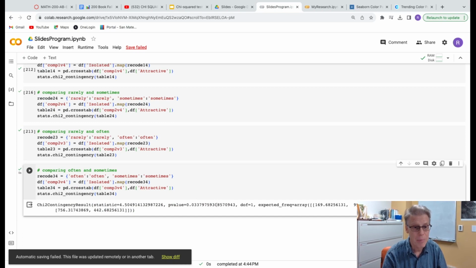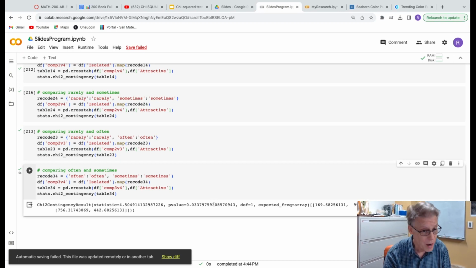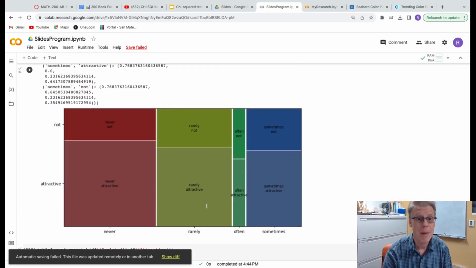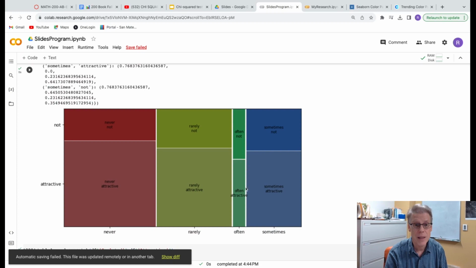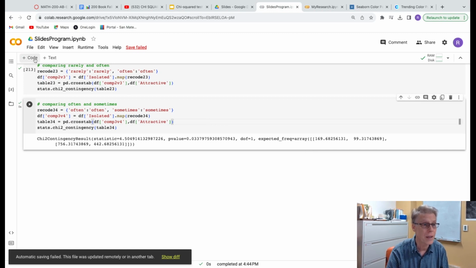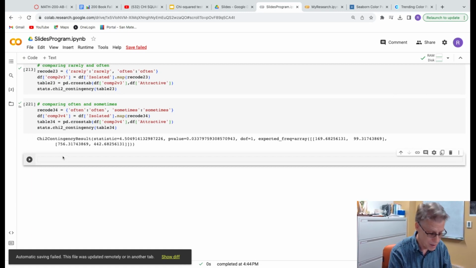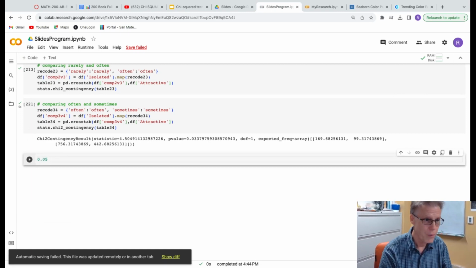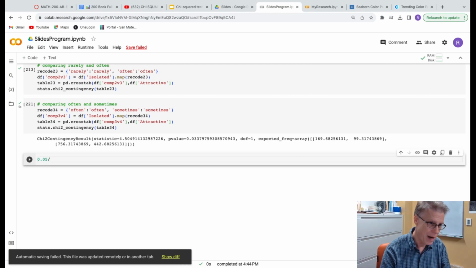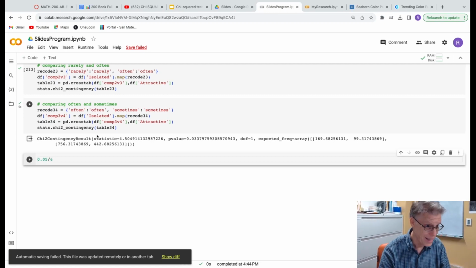Now, is that p-value small enough? It's certainly smaller than 0.05. But does that mean that there's a significant difference between these two? I don't know yet. I have to do a little bit of math. So I could go to another calculator, but Python is a freaking computer programming language. It can do calculations. So what I need to do is 0.05 divided by how many of these different pairs I had. And so in this case, it's 6.